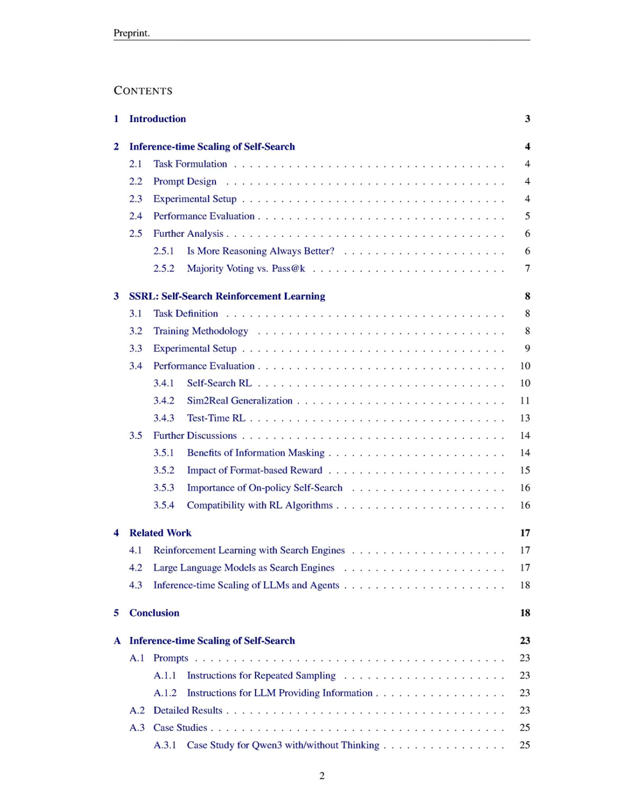SSRL allows models to autonomously refine their internal knowledge utilization through format-based and rule-based rewards, leading to superior performance across various benchmarks compared to Search R1 and Zero Search. Additionally, SSRL significantly reduces training costs by eliminating the need for extensive API calls associated with real-time web searches, achieving a